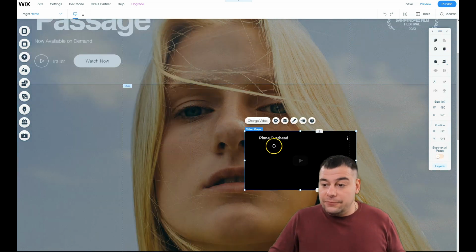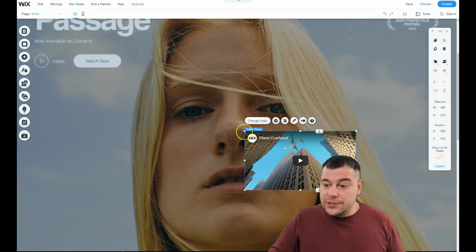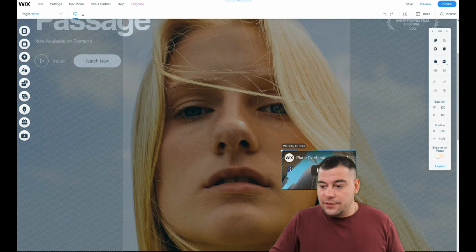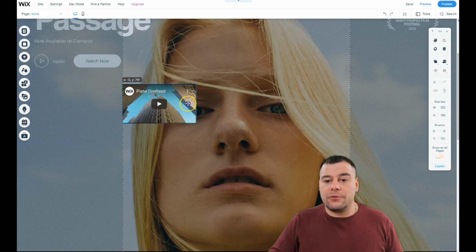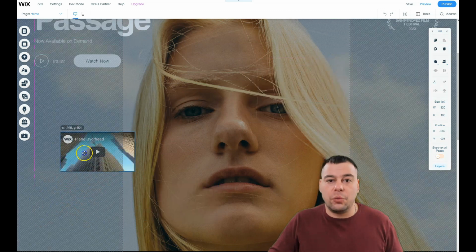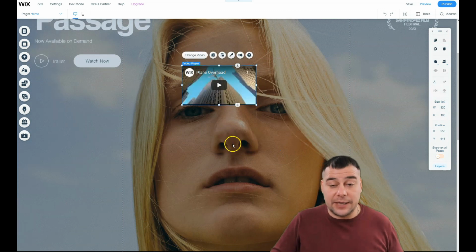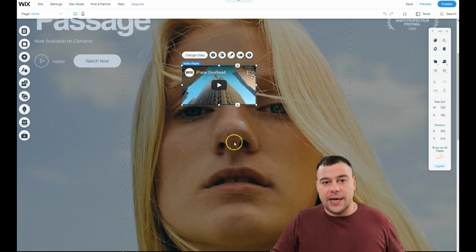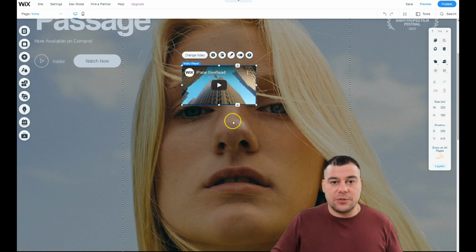The main thing of this platform is that you can resize things and move them around just as you want, just as you wish, because a lot of platforms do not allow you to do that, and you have no such customizable features